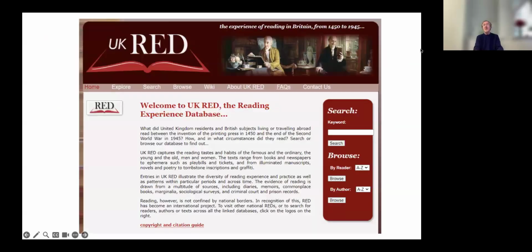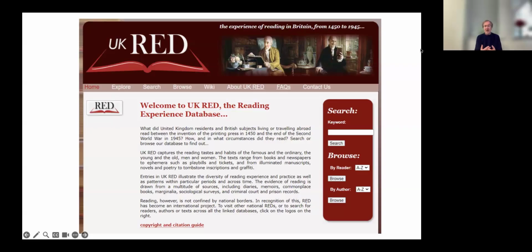There is a Reading Experience Database, which now has a rather old and clunky interface, which seeks to capture references to books that have got lots of evidence of having been read in them. But all of these things, although they're in a related space, they're not quite in the space that Book Owners Online occupies. And the thing about Book Owners Online is that it starts with the owners. It doesn't start with a particular library or a particular collection of books, saying, here are the names that we happen to find in these books.